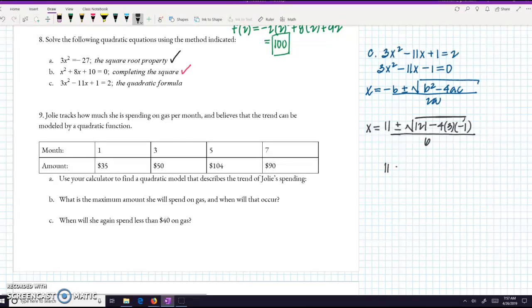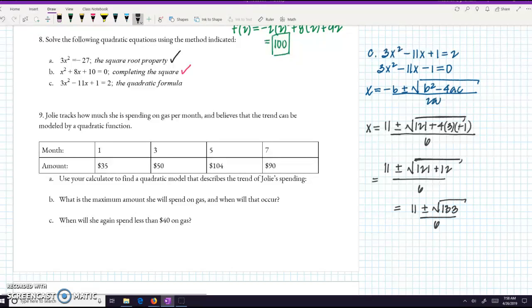So let's simplify that. We'll have 11 plus or minus the square root of 121. But these guys, since I have a negative and a negative, will end up becoming a positive. So I'll have 121 plus 12 over 6. And that's then going to give me 11 plus or minus the square root of